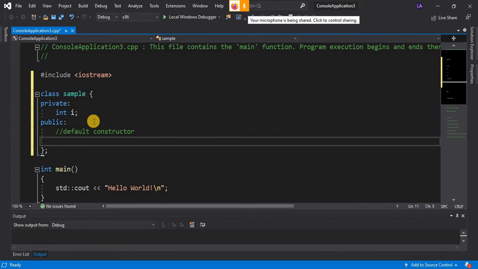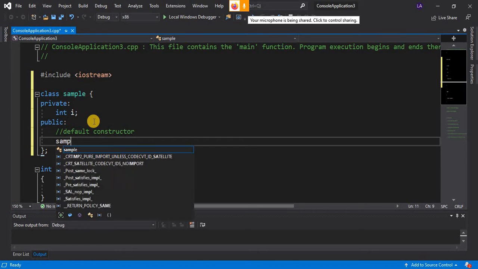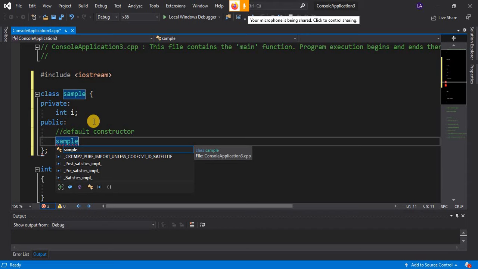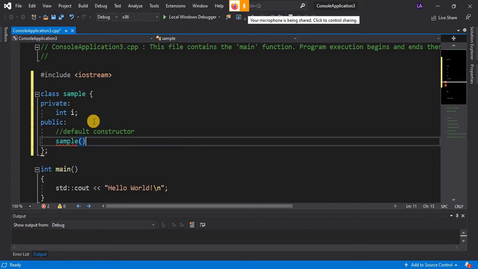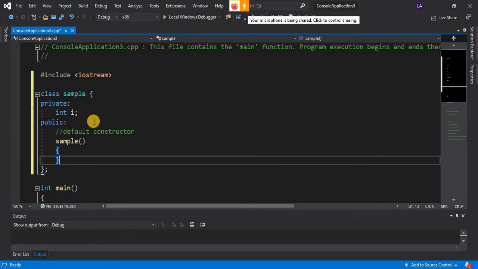So how to create a constructor? A constructor is a special member function whose name is the same as the class name. Our class name is Sample, so we'll write a function named Sample. This is a default constructor. It does not accept any argument, and it does not have a return type, not even void. Inside this special function, we can initialize the variable value. Let's say we'll initialize it to 100,